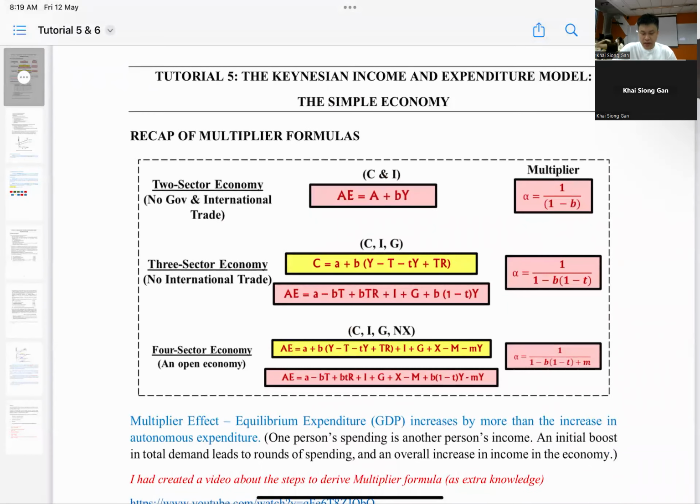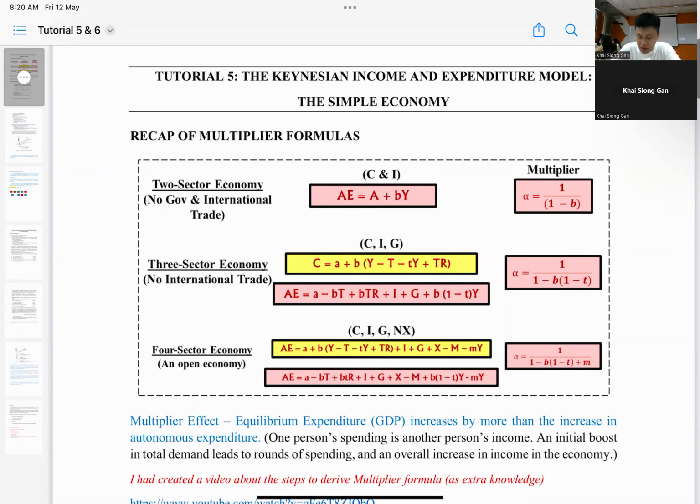Okay, so tutorial 5 is about the Keynesian income and expenditure model. Basically, we are going to learn some calculations of what we call Keynesian income. It was introduced by John Maynard Keynes, so that's why it's called Keynesian. The word Keynesian comes from the economist himself, John Maynard Keynes. First of all, we are going to use questions to go through the contents that